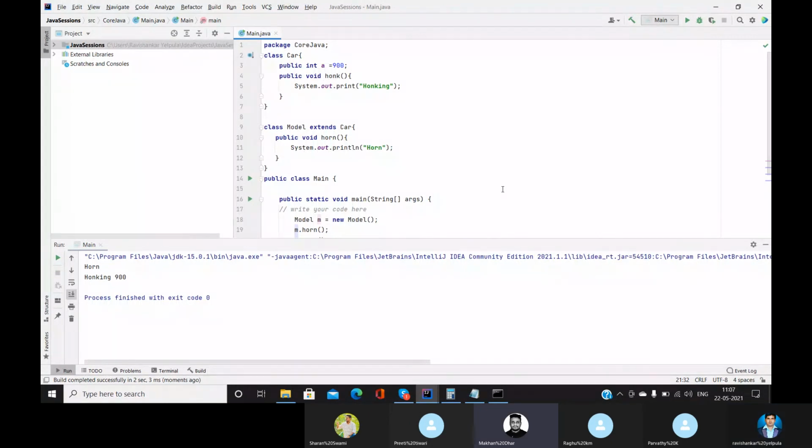Is there any concept about the base class, derived class, child class, parent class here? Is there any concept with this inheritance? Yes, you are right, derived class and base class, rather than how I use it, super class and subclass. This car class is called the base class, and the model class is called the derived class, because we are deriving the properties of the car class. That's the reason the model class is called a derived class.